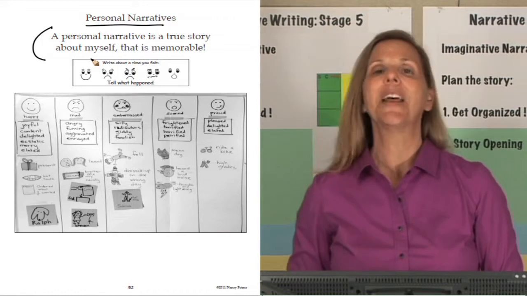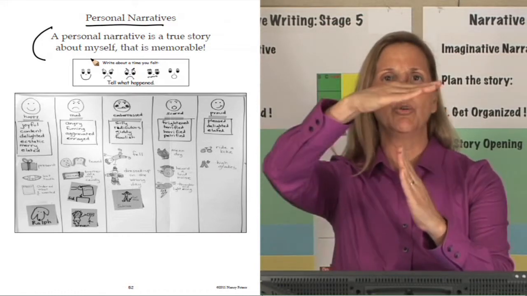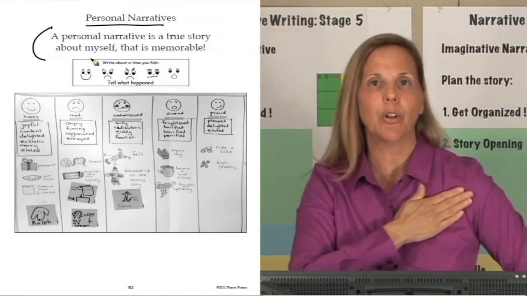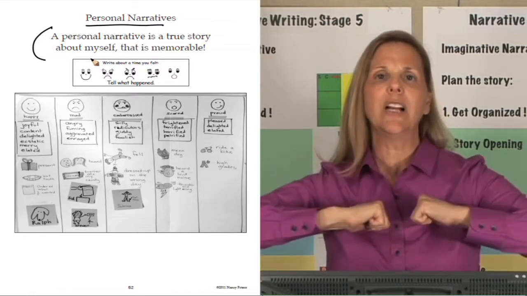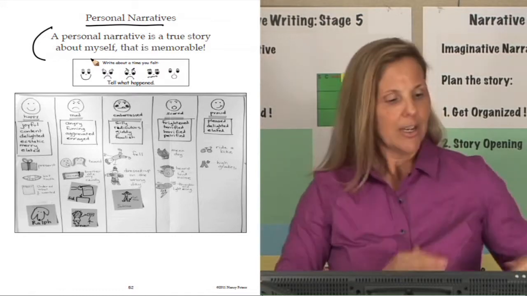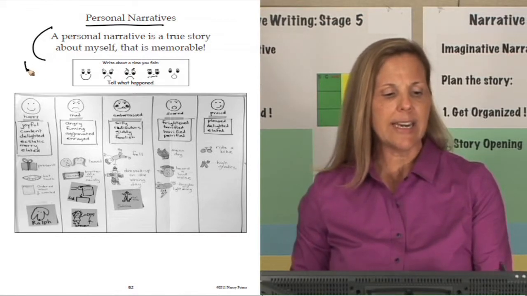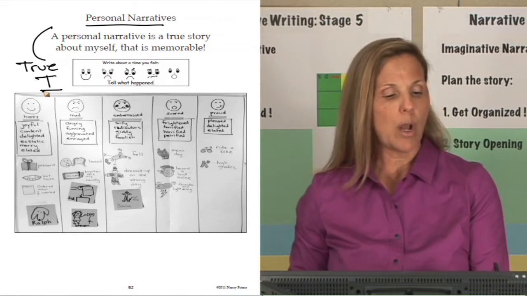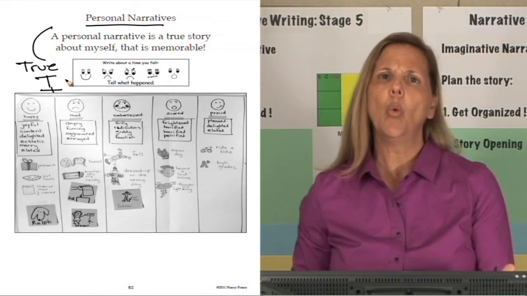Thank you for asking. A personal narrative is, and then we make the letter T, a true story about myself that's memorable. A personal narrative is a true story about myself that's memorable. So when I think of what a personal narrative is, what is it? It's true. It's about myself. So I need to use what word when I write? I. And then it's memorable. What do I mean by